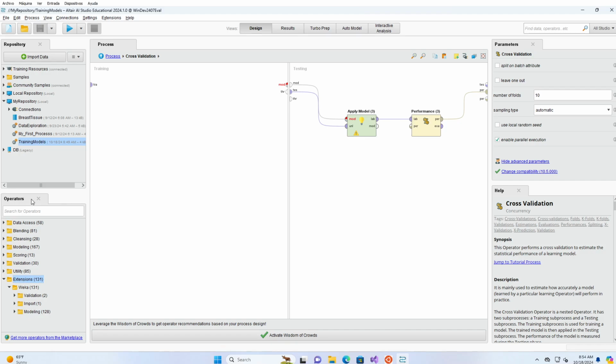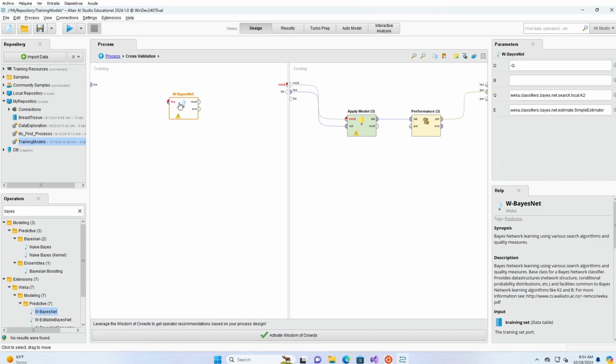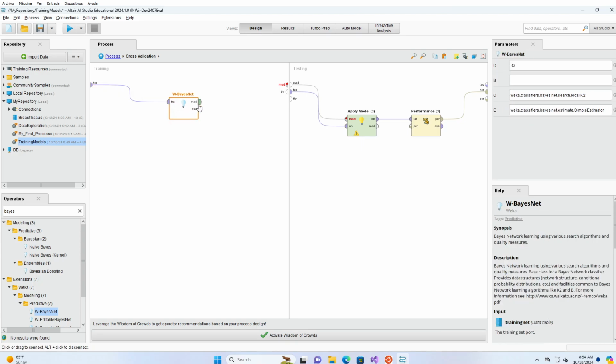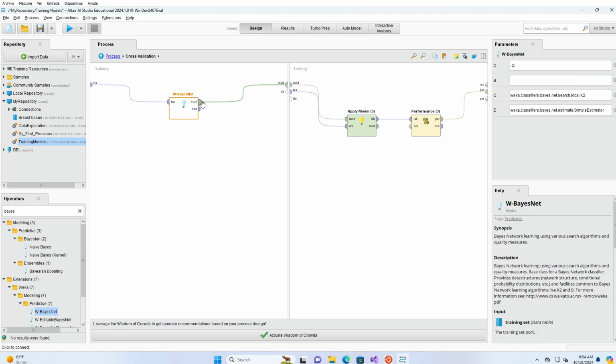Now we can search again for Bayesian operators, and the WBayesNet is the Bayesian network operator from Weka. You see that this operator is white. That's because it's a non-native operator within AI Studio and it has less functionality. For example, it's harder to configure. There's less configuration options for these operators. If we run it,